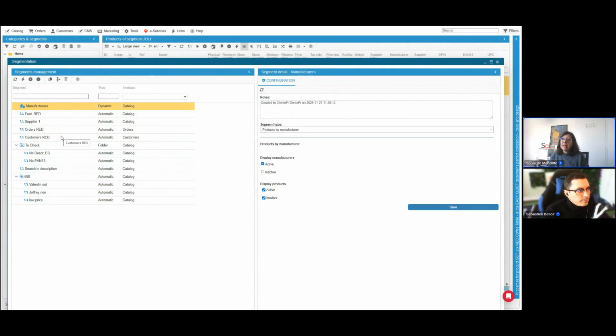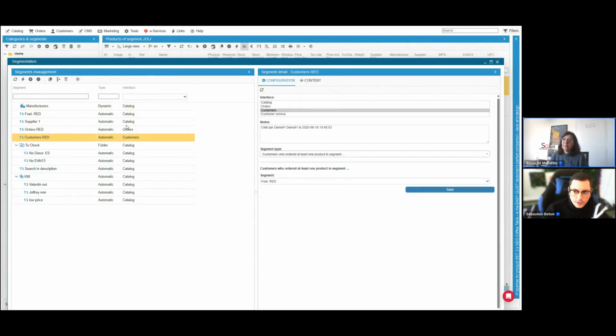And you can do that in the customers to get the list of customers who bought at least one product of that feature red, or at least one product of supplier or manufacturer Nike or whatever. You can do whatever you want. So you can create single segments and then link them together to obtain that information.